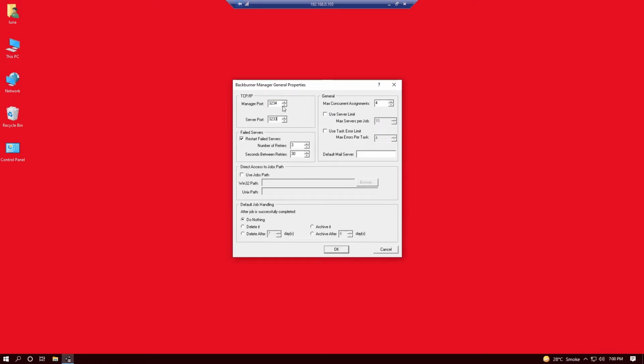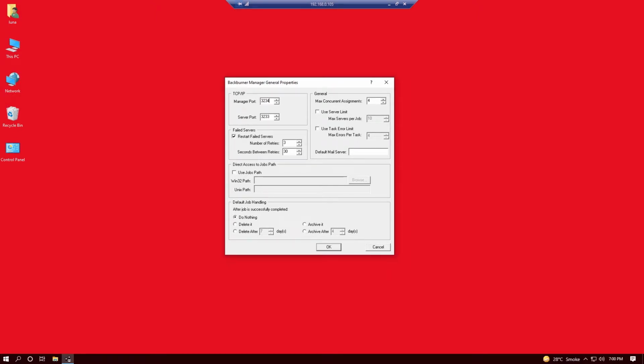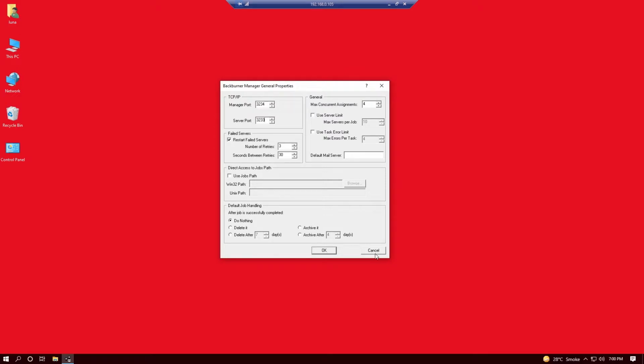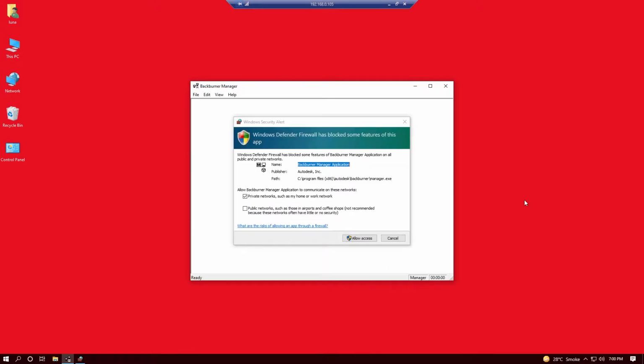So these are the port numbers. If you have some errors, you want to be adding these port numbers to your Windows firewall. And how to add port numbers, I did set up the V-Ray distributed rendering, so the process you can watch on that video. I did configure the firewall to add the port numbers. So you want to be just click on these default settings and click on OK. I am going to do cancel because I want to run the manager on my